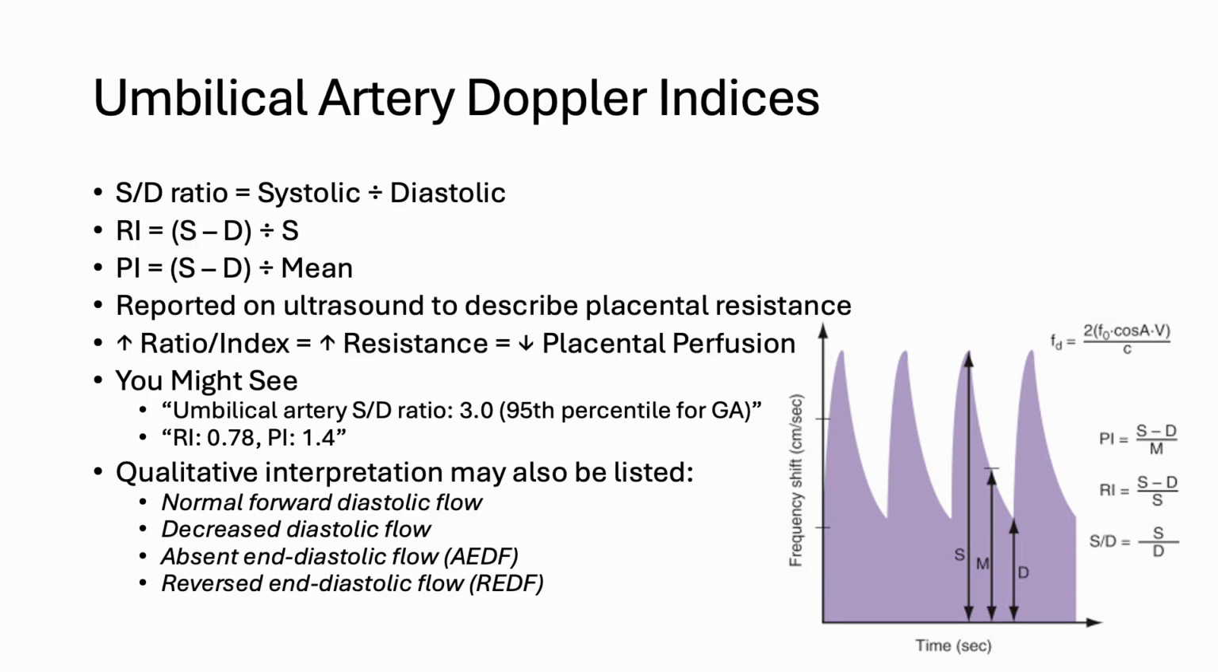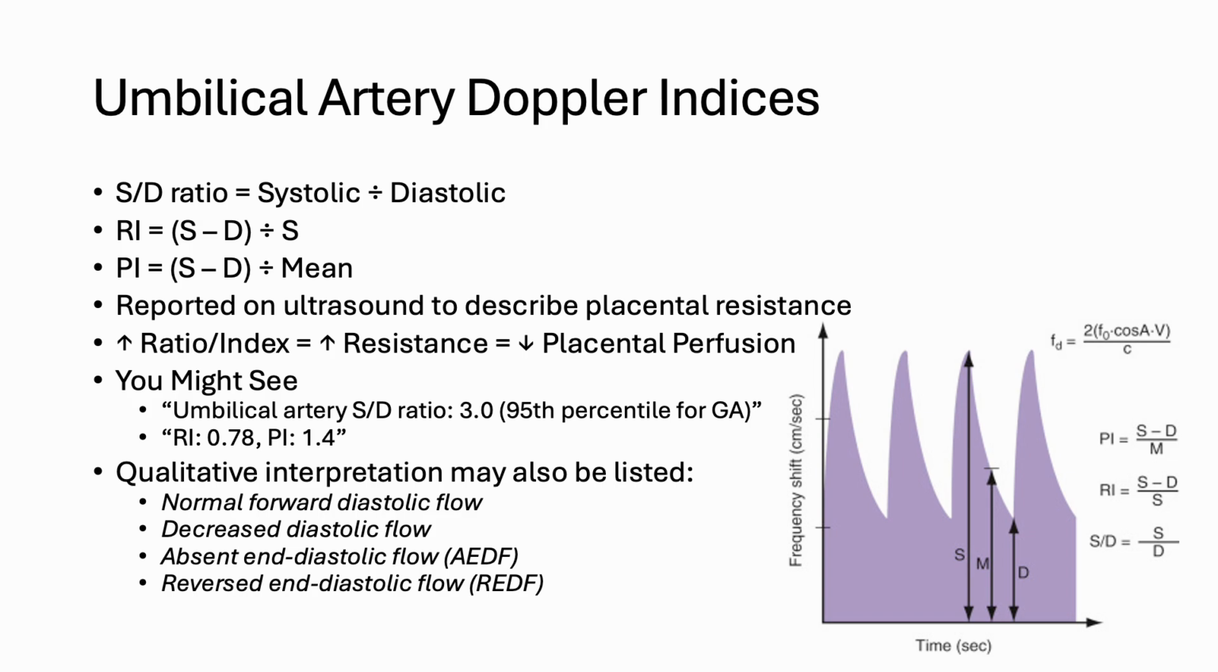Sometimes you may read literature and they talk about umbilical Doppler, artery Doppler indices. And so when you get a sono report back, you may see different things. You might see SD ratio, you might see resistance, you might see ratio index, you might see placenta index. And so this is reported in the ultrasound to describe the placental resistance. You can see the different